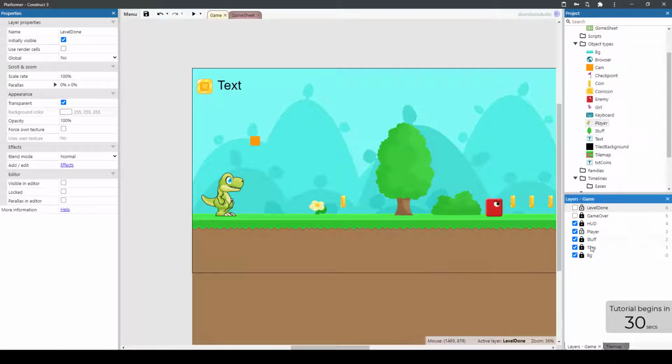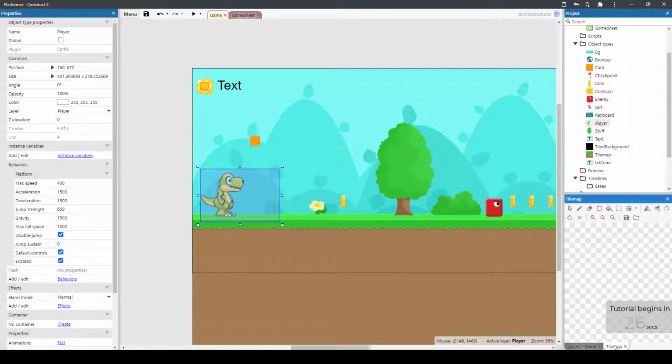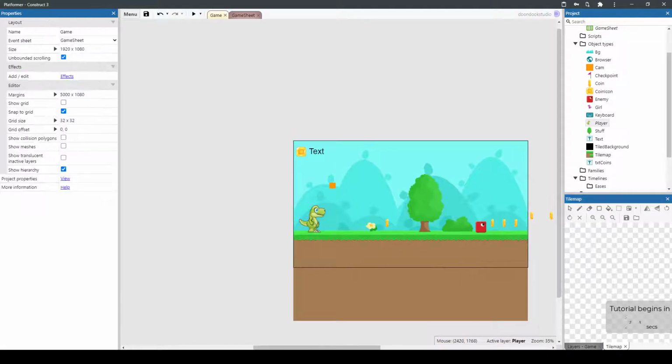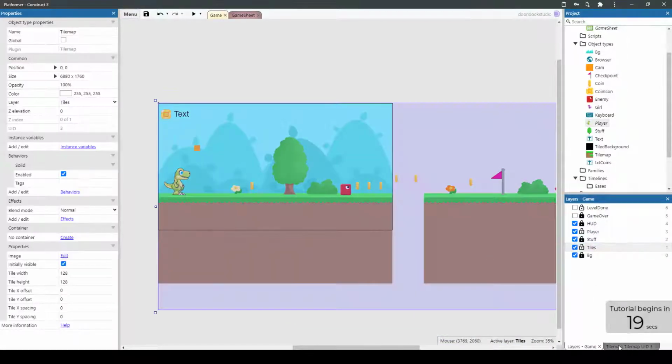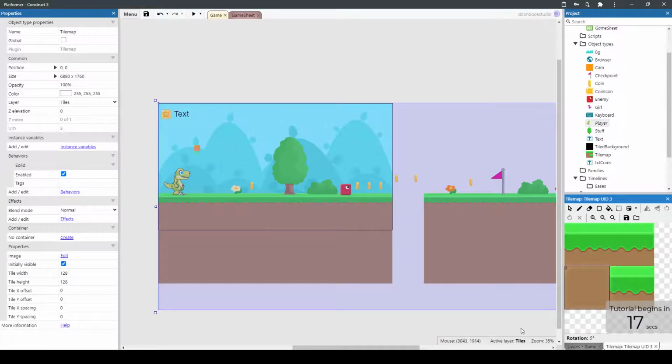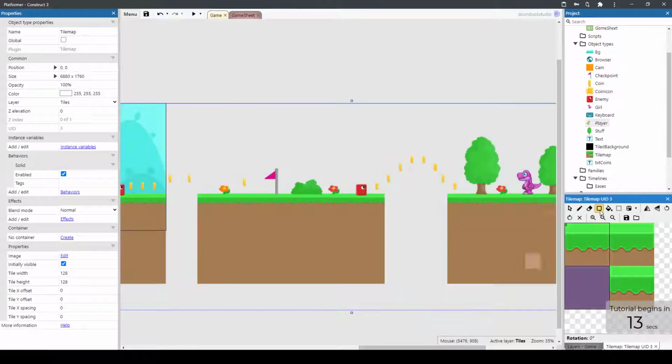Today I'm gonna show you how to create a simple platformer game that even beginners can do without coding using Construct 3. Construct 3 is a very good choice for you if you just start making games. In this engine you don't need to write codes. Instead you have events and actions, and these are gonna help you to make your game very fast. You just need to go to